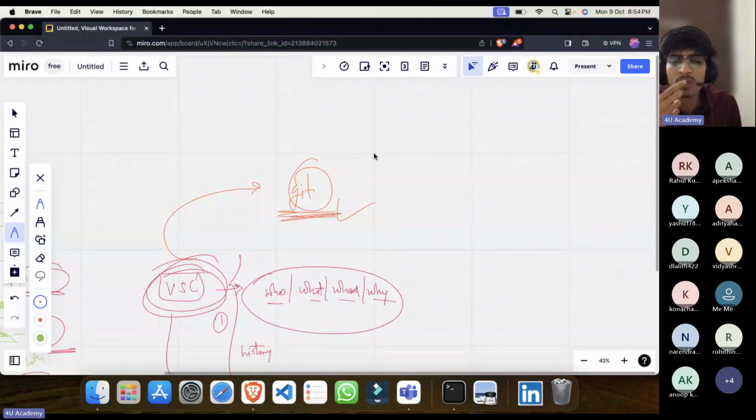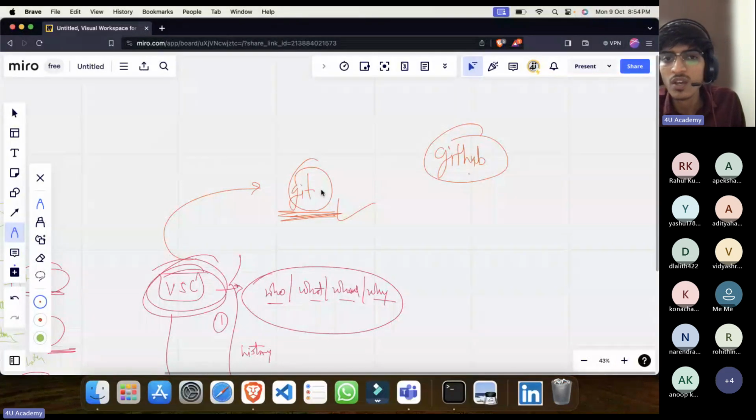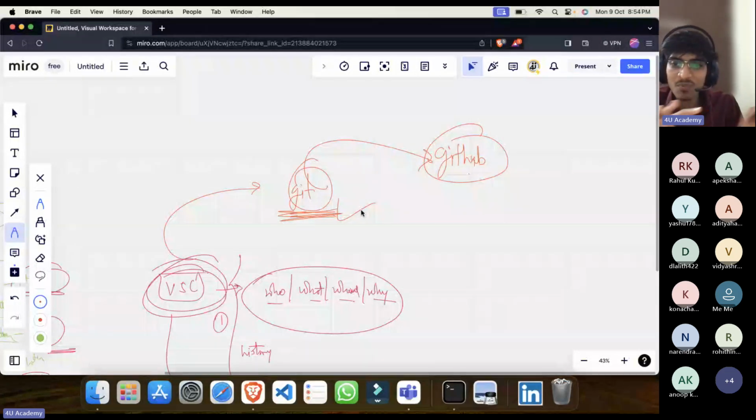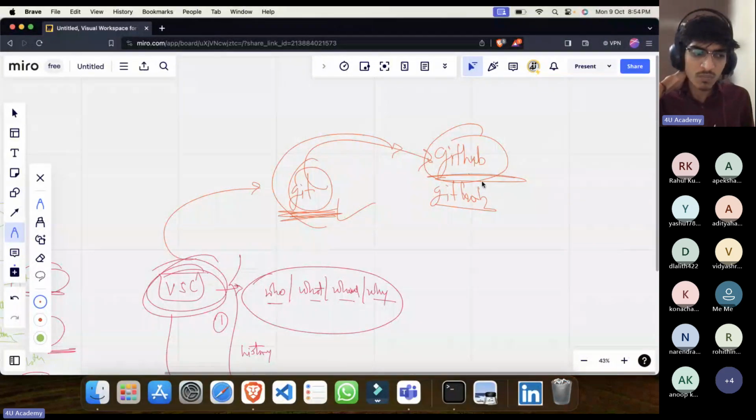But what is this GitHub? People usually say Git and GitHub. So GitHub is just a platform where I store my Git repositories. A Git repository means a Git folder. Repository means folder, directory also means folder. When it comes to Git, we use a term called repository, repo in short. So we store all that work of ours on GitHub. It is just an online platform. There are others like GitLab. Most of the time we use GitHub, and GitLab is also used in many companies.